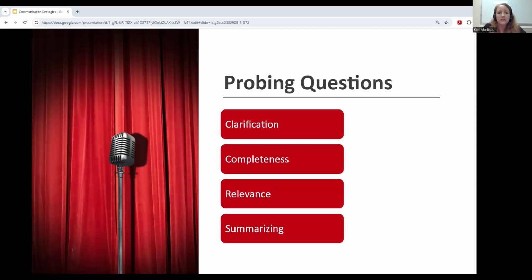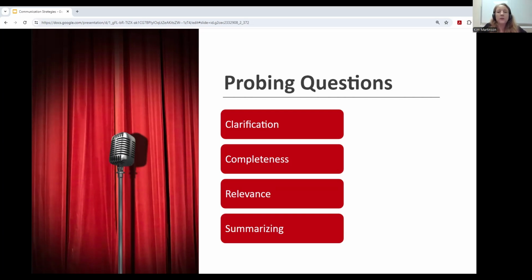And then completeness or correctness is another one. These types of questions can help you ensure that you have the full or true story. Having all the facts in turn can protect you from assuming or jumping to conclusions, which are two fatal barriers to communication. So an example of these questions can include, what else happened after that? Or did that end the blah, blah, blah? So you're asking very specific questions.